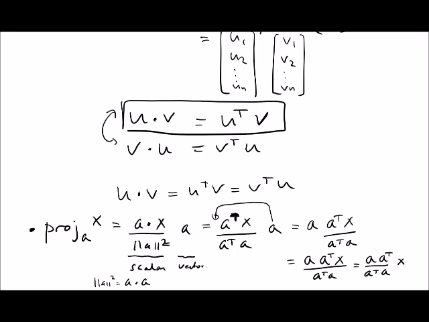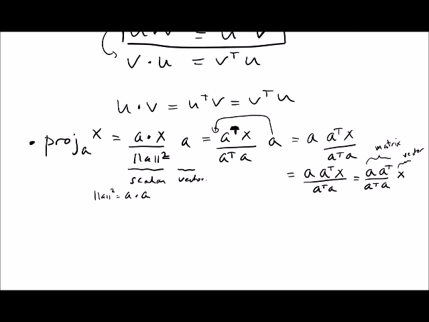So you can check that. That makes sense. So what I have here is a matrix, and here I've got my vector. Overall, it still gives me a vector. Matrix times vector will give me a vector, so it's still the same expression, but the cool thing is that this matrix here is called the projection matrix. Is there a good notation for it? Maybe P. Okay. So P here, if I write it as A A transpose over A transpose A,